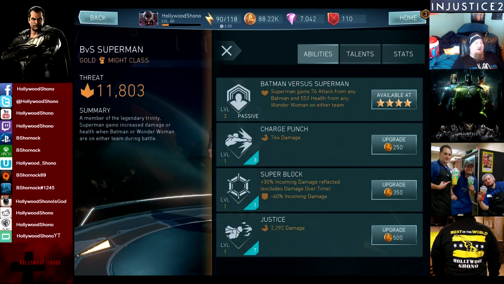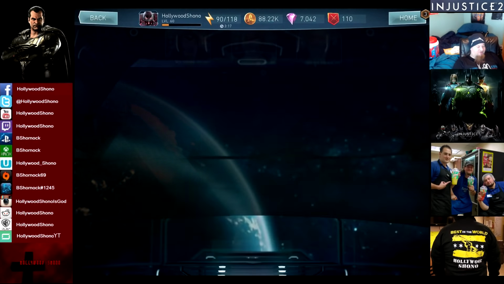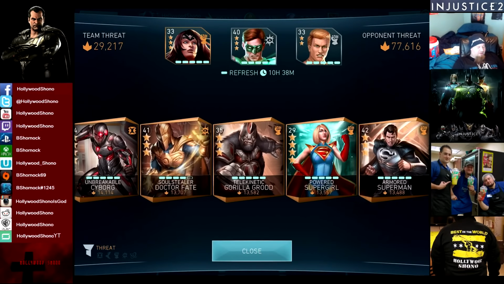So if you have 40,000 health, you're actually going to get probably 8,000 health, which is a decent amount, and you're going to get like a couple hundred damage easily. So that passive obviously gets better later on, and